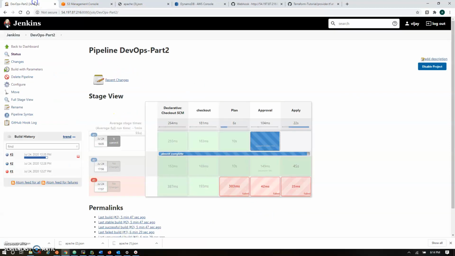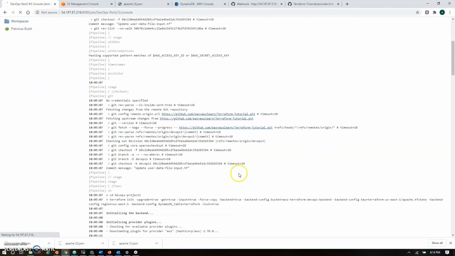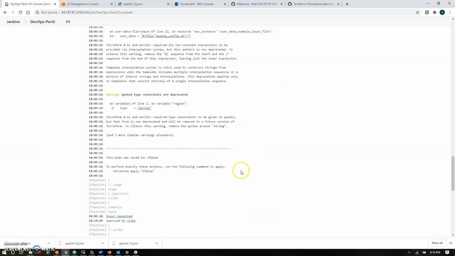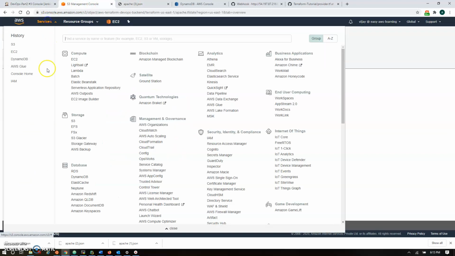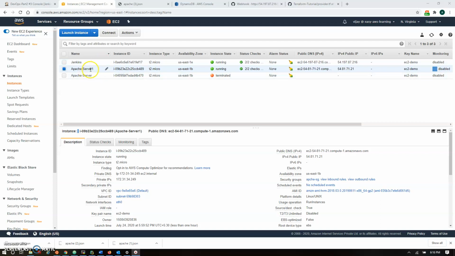So if we rerun the same project, it won't create a new resource. Let's see, just running the same which we triggered automatically from the git commit. This will just simply check the configuration and it will ignore the configuration. See, so it won't create anything new, just the change which we have given. That's the instance name. Let's see whether the instance name got changed or not. So our instance name got changed from Apache server to server 1.